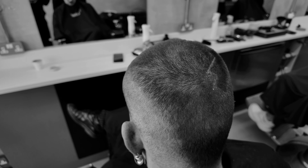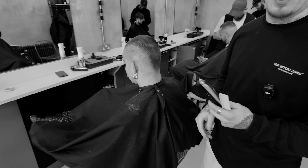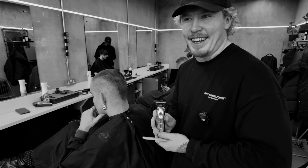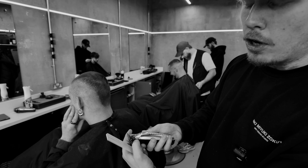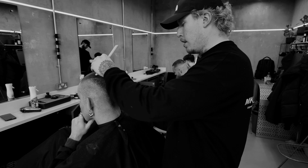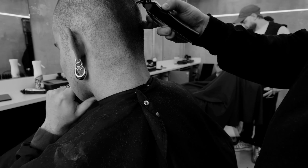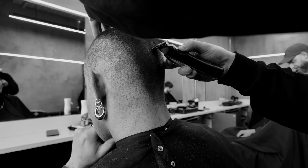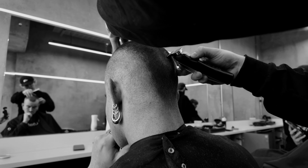This is why the Babyliss is so good for this though, because just any clipper, well, no, we'll stick with Babyliss. They are the ones, because it's just so open around here. If you've got any form of closeness, you can't see what you're doing. So to be able to do this kind of detail work, which don't get me wrong, it's quite a rare occurrence that you'll ever do something as mad as this unless you work on more